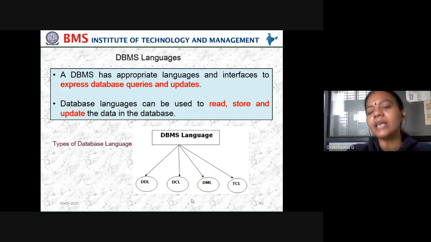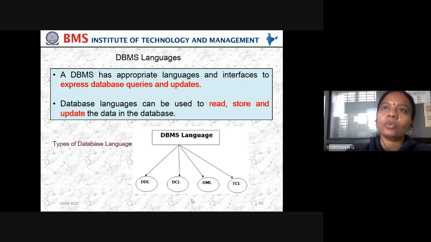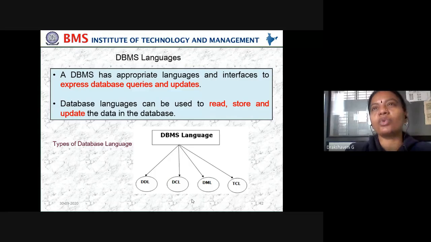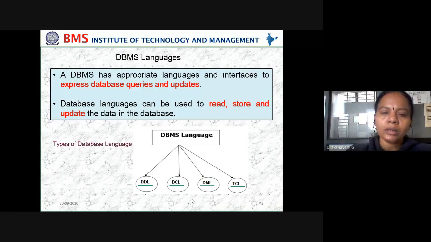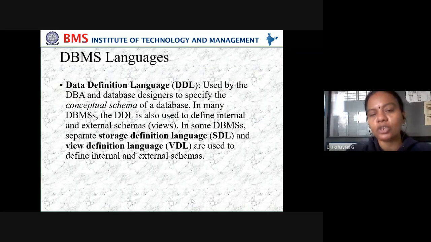In the same way, next is transaction control language. Now you will know there is something called eligibility. What is that eligibility? If you clear all the subjects of first semester and second semester, then only you can go for the third semester. That is a control, so that everyone should clear the same subjects in the same year, same semester. So even to do all the database operations, we require a transaction control language. Okay, that's the description of each of them that I have told.